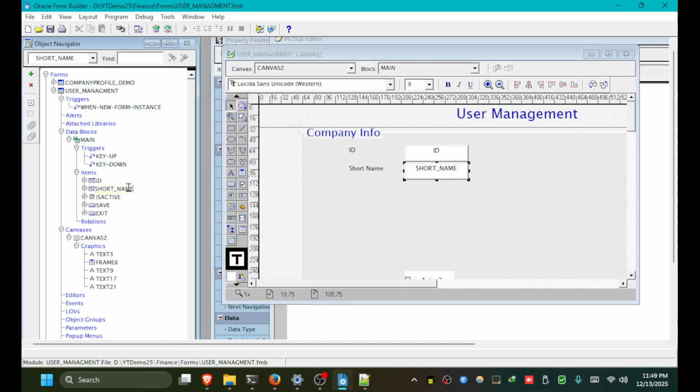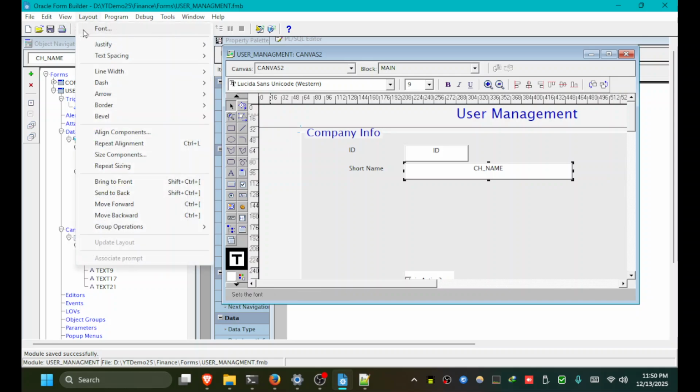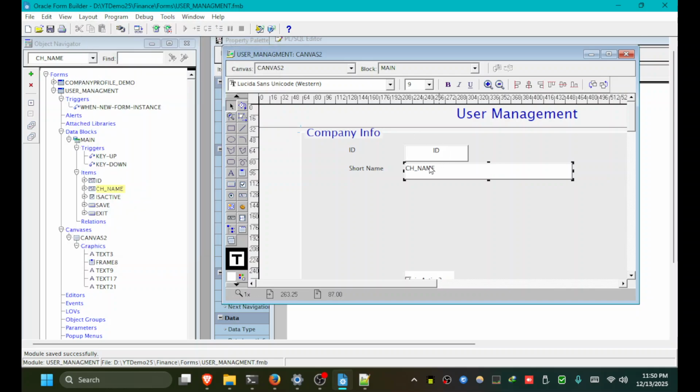It changed its name from short name to ch name. Sorry, and expand this. Also change the layout justify to left, and we can change username,